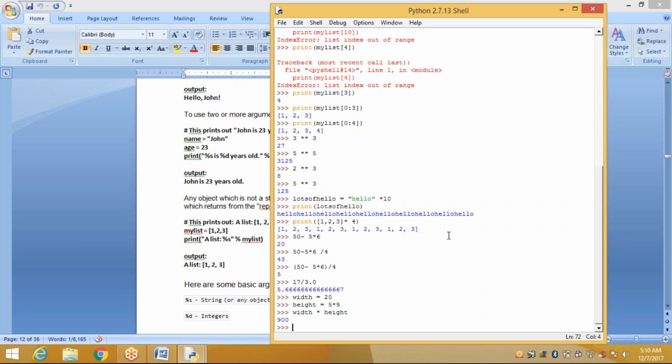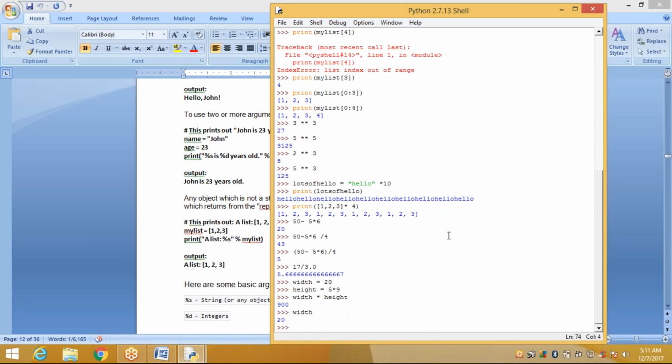Suppose a variable is not defined, that means we are not assigning a value to the variable. What is the problem? If you try to use it without assigning a value, you will get an error that it is not defined. See here, suppose I take width into length. I'm not assigning any value to length, just enter it. Width is already defined, it is stored in our memory area and contains 20.